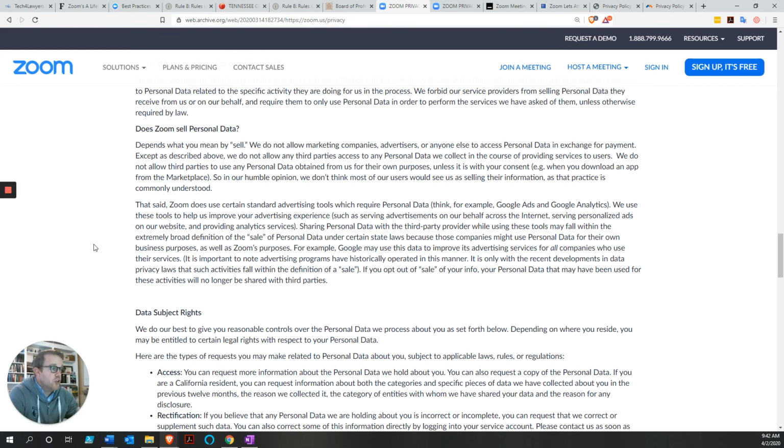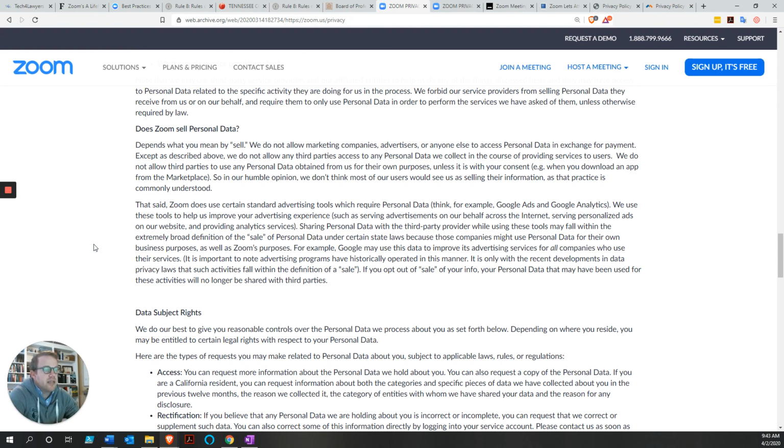Now, you can protect yourself from this somewhat in some ways by turning off cookies in your browser or by using a safe browser that automatically turns off cookies and turns off tracking and things like that. But your client isn't necessarily going to know to do that. You're just bringing your client into these things. So if we can avoid it, if there's another service that does this better, then I'm going to use that. And again, that doesn't necessarily kill everything, but we want to be aware of that.